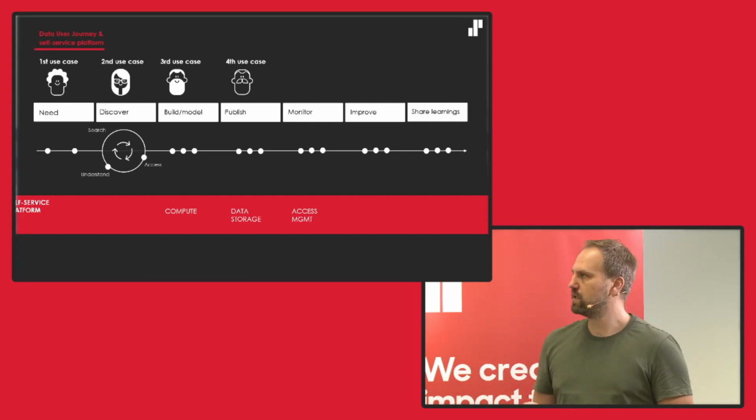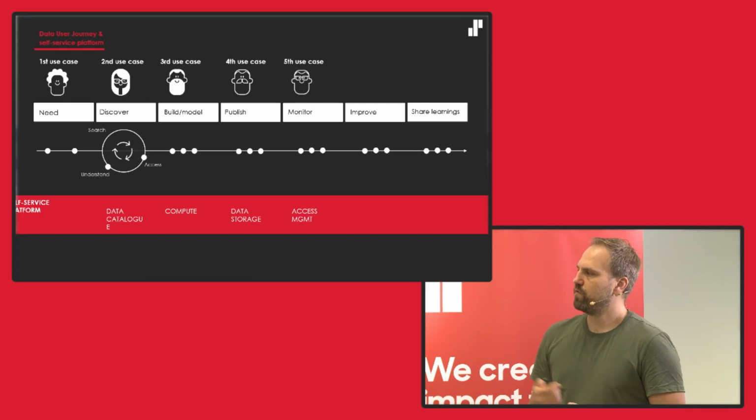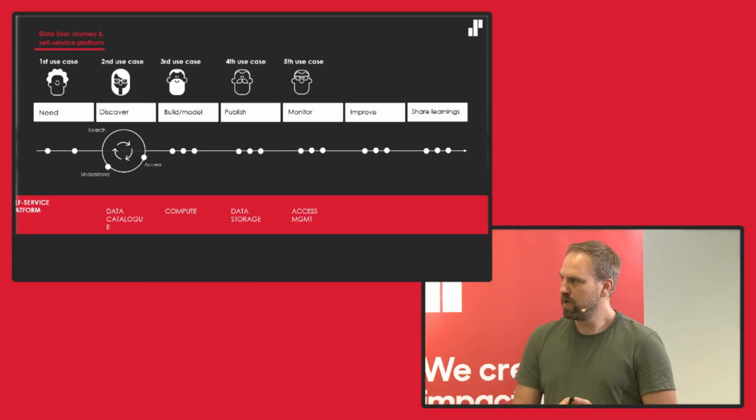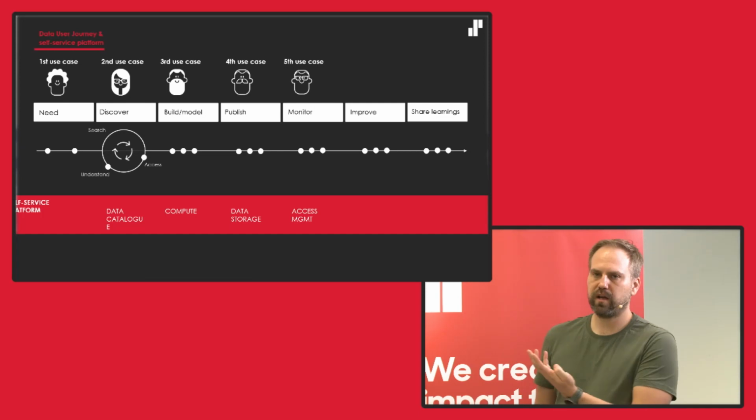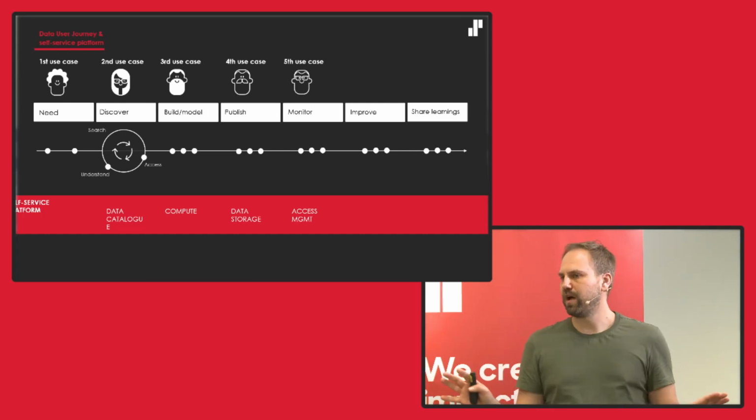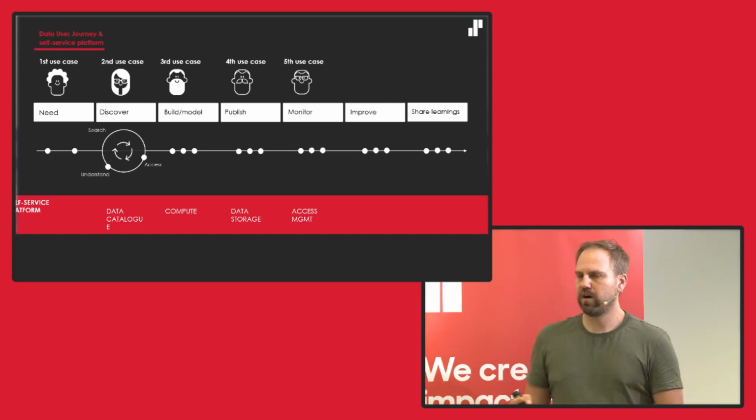And well, you guessed it, the fifth use case, the self-serve platform. Now there's the data catalog in there. Why wouldn't the data catalog be there in the first place? We knew that it's going to be there. Well, we have five data products here, assuming that we don't have anything else in the company. We have five data products.